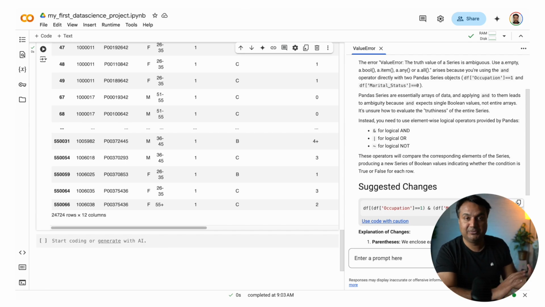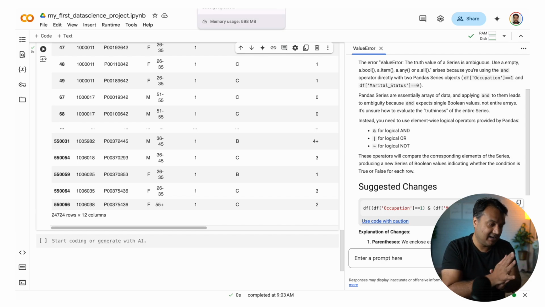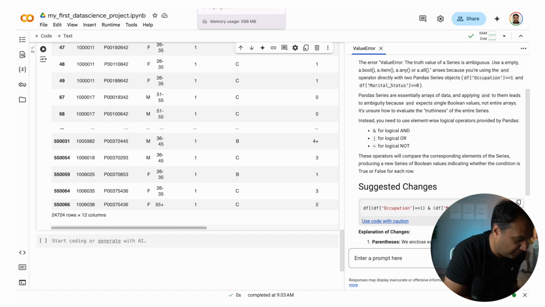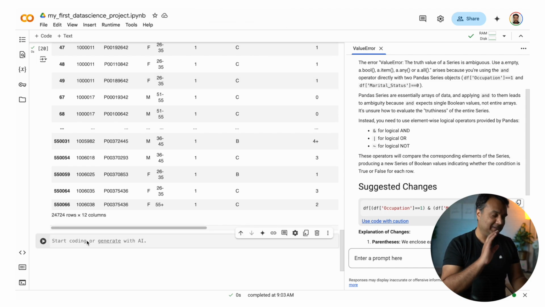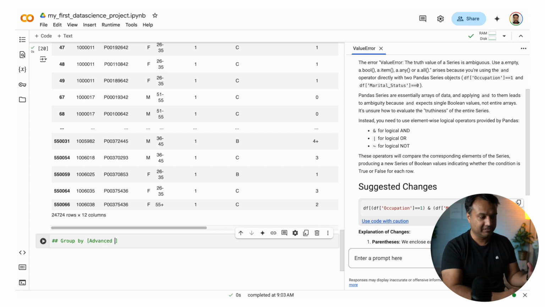Now I won't be doing the same thing in Excel because I think it's still difficult to do there. At least I don't know how to do it. But here it is super simple in Pandas. Okay, so group by, and a little warning, this is a somewhat advanced concept, but super easy to learn. That's why I'm teaching you, and it's super powerful. You'll see how, because once you learn this, we'll be able to do a lot of analysis on this data. Okay, advanced concept.